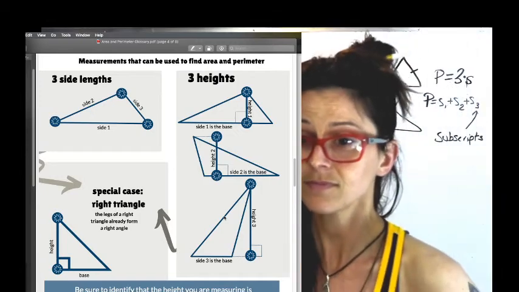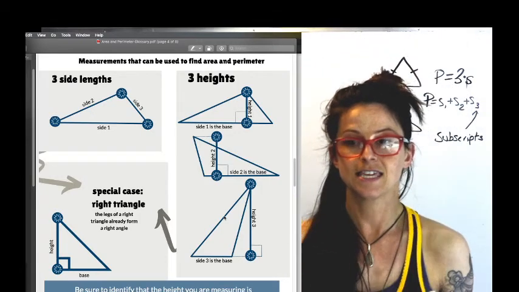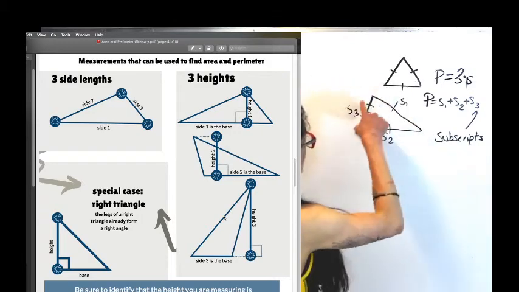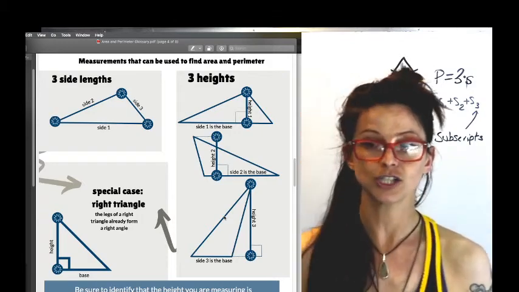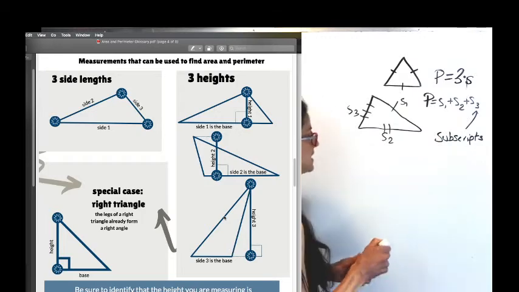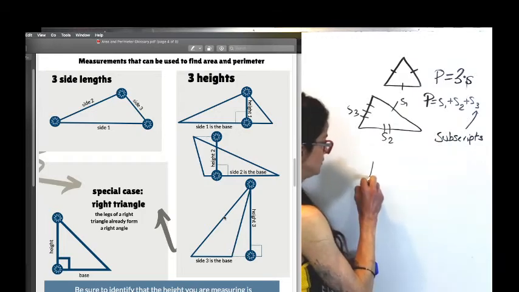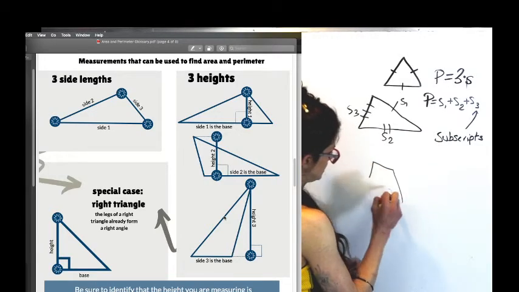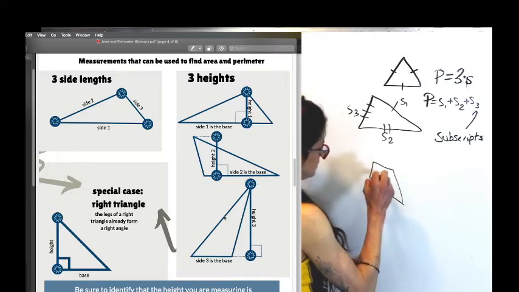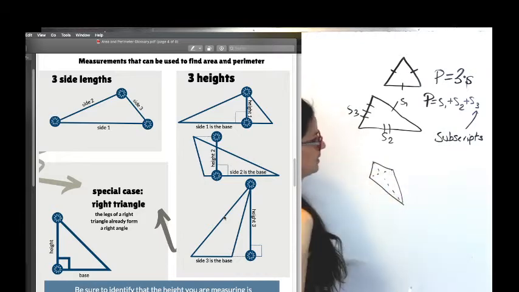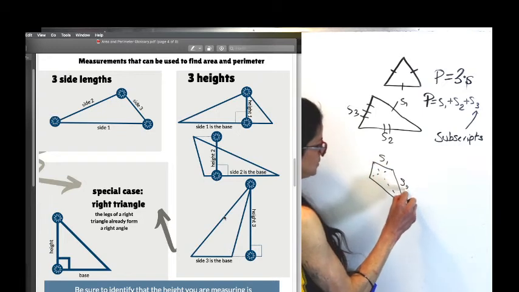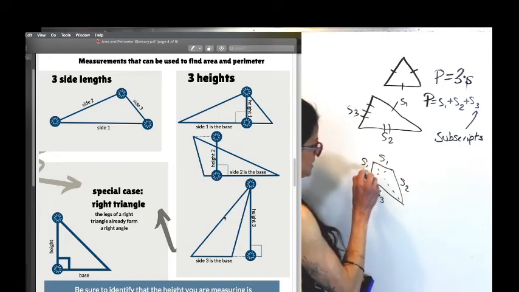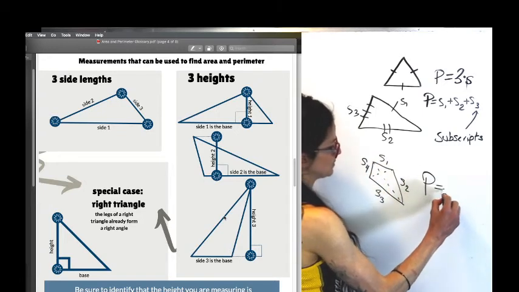So to find the perimeter of a triangle, you're just adding up all the sides. Now that's the same for any quadrilateral. So if we drew a kite, we would have side 1, side 2, side 3, side 4, and the perimeter would just be the sum